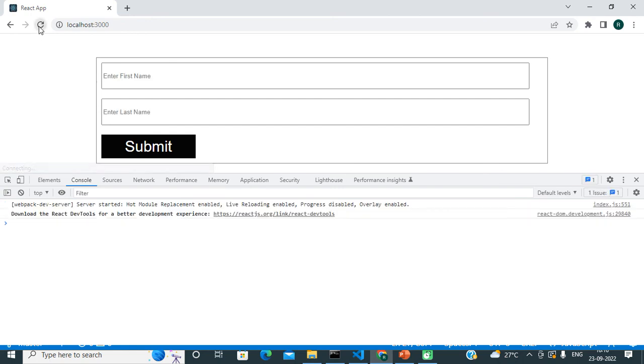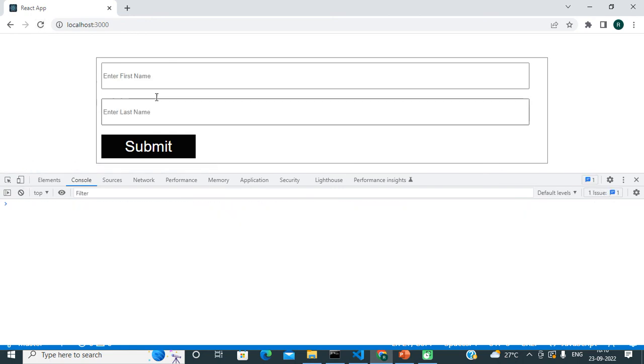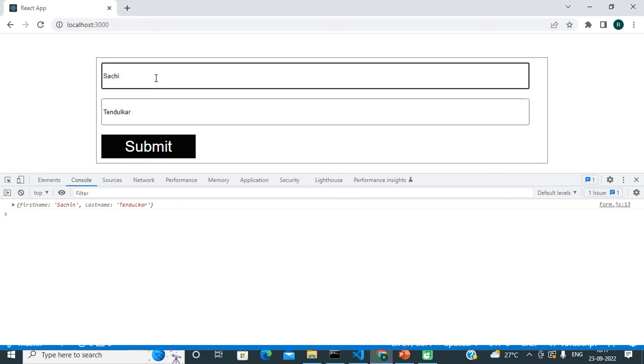So just refresh the application and enter one more time Sachin Tendulkar, and if I click on the submit button, you can see I am getting first name as well as last name. Now if we change Sachin to any name like Rohit, and if I click on submit, you can see first name Rohit and last name Tendulkar.